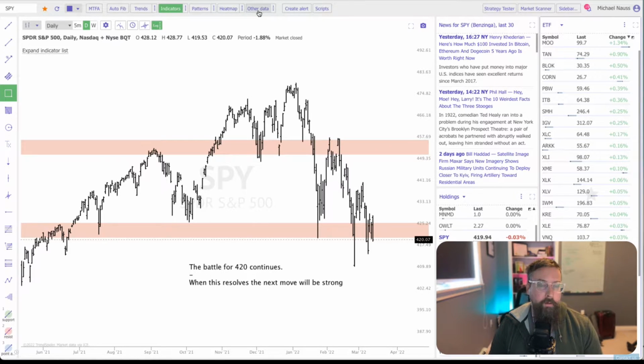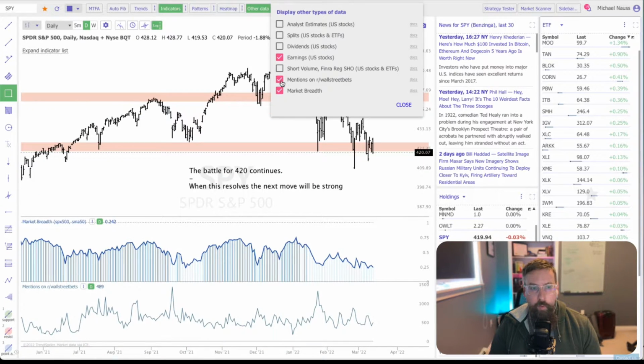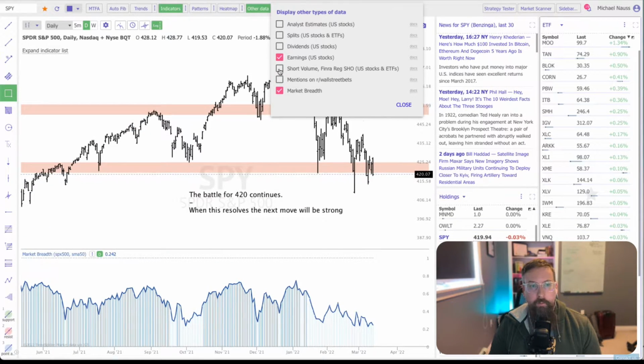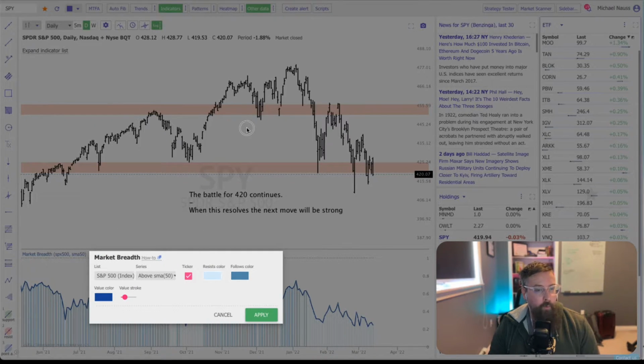But if you hit other data, then you can kind of pick what you want. Right now I have earnings, you can do Wall Street Bets mentions, there's some stuff here, but they have this new market breadth. And essentially how this works is if you hit the little, I think they call it a hamburger menu, but just this three-dot menu right here,